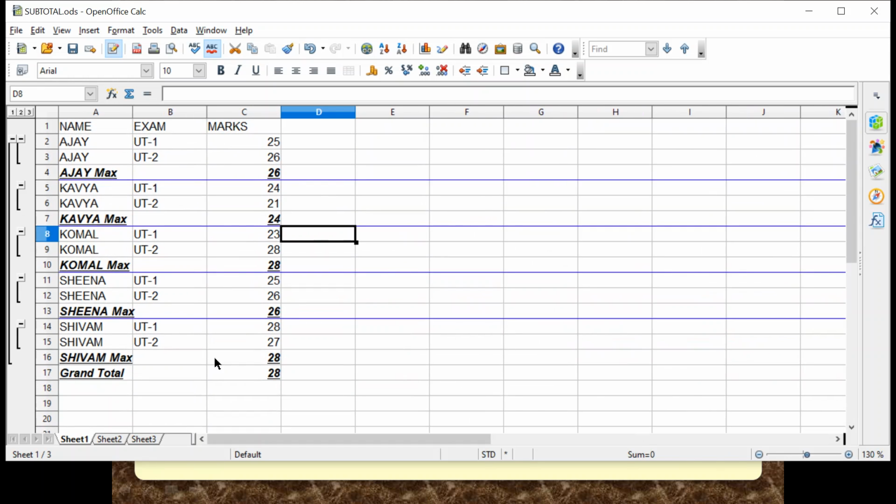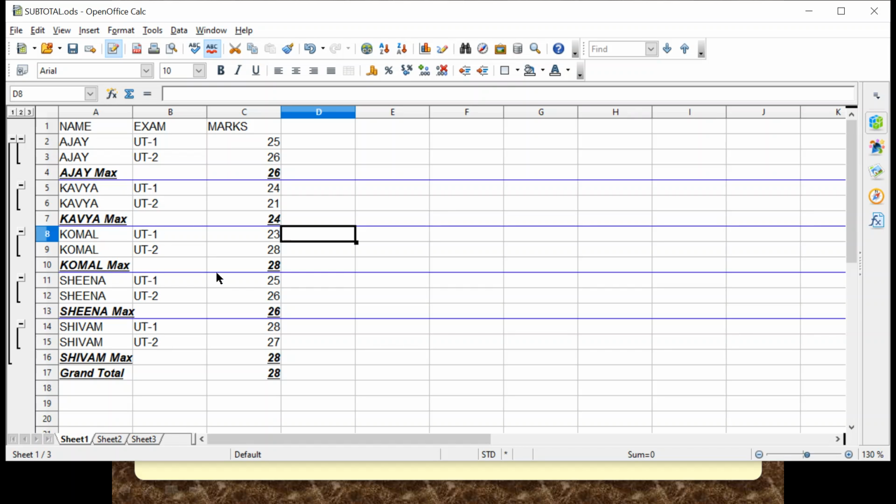See, which function did we apply? Maximum. You can see Ajay max is visible here. Out of these two, the max is visible, right? And this page break, which we selected in options, shows the page break after every group. Here it has automatically computed group-wise values. It is not the sum; whatever function you have selected, we have selected max. Now let me show you the function also.